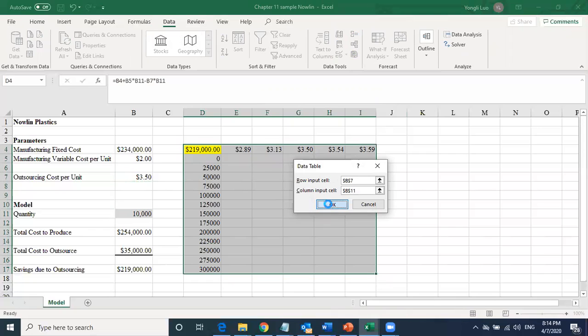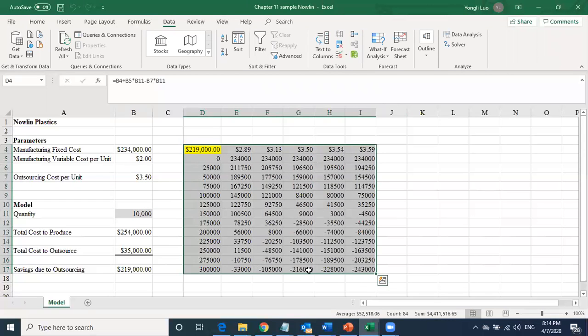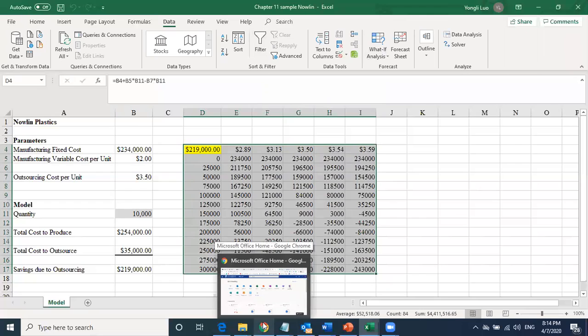Then you click on OK. So you see what happens. They calculate all the numbers for you. Okay, next one, I wanted to show you how to do